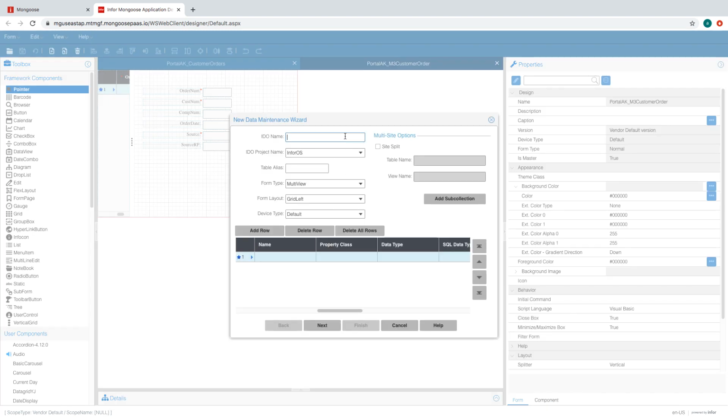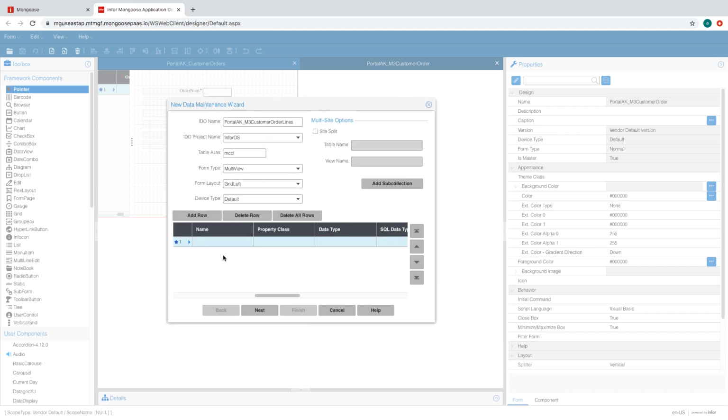For the IDO name, I'm going to name mine portal AK_M3 customer order lines. Give it a table alias. And let's start adding in our properties. Our first property name is comp num, cust num, item, line num, net amount, net order, order number,